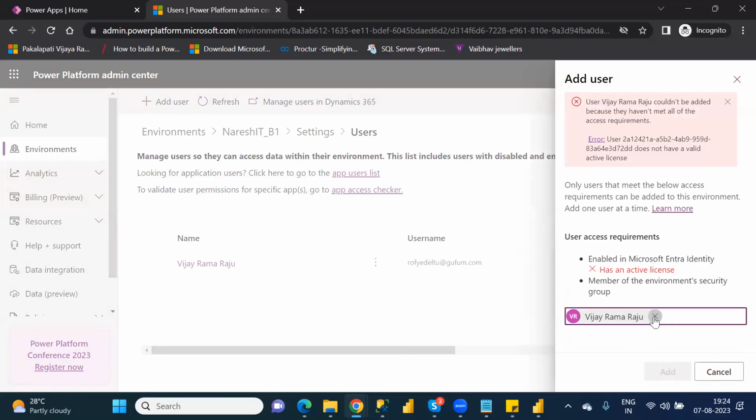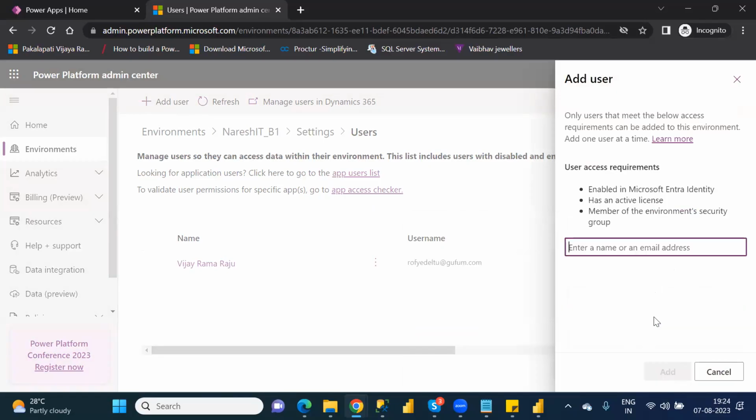Actually, you need to give a proper mail ID here. Once you have licenses, if you give the mail ID here and click on add, then automatically the environment, whatever environment you created,